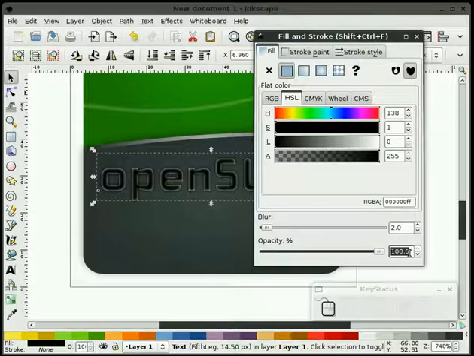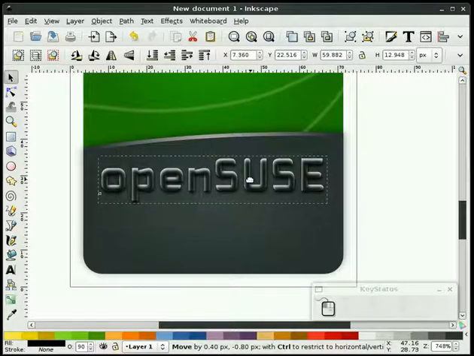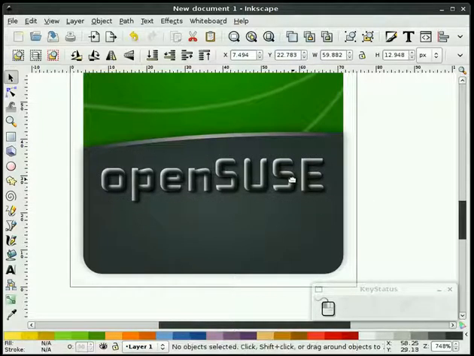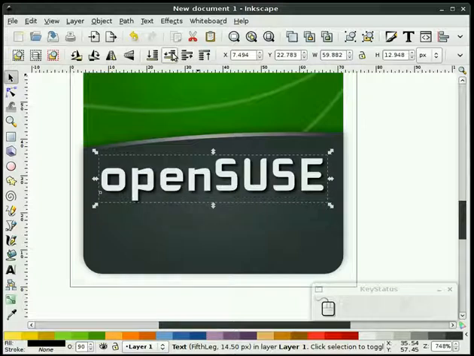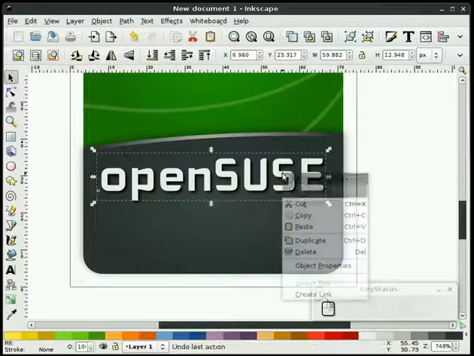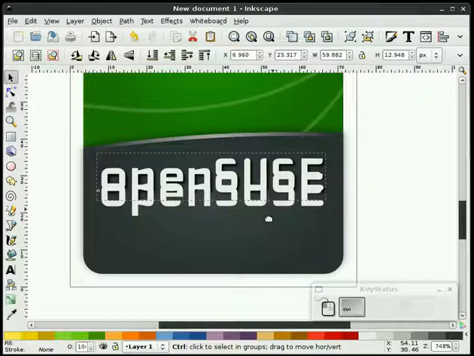And we're going to drop the opacity, maybe a 90. Okay, and we're going to see what that looks like behind it here. I think that looks pretty good. Okay, and now what I'm going to do is duplicate this, push this down,